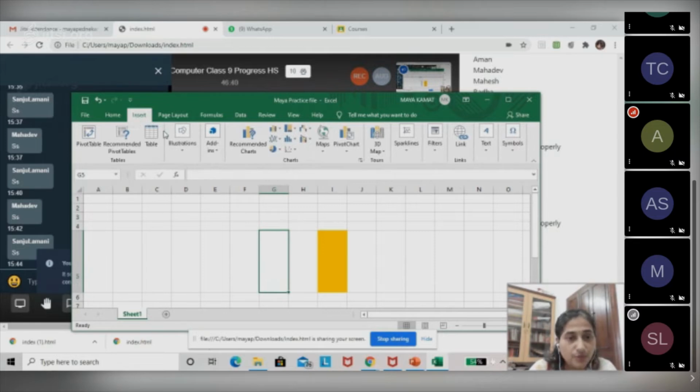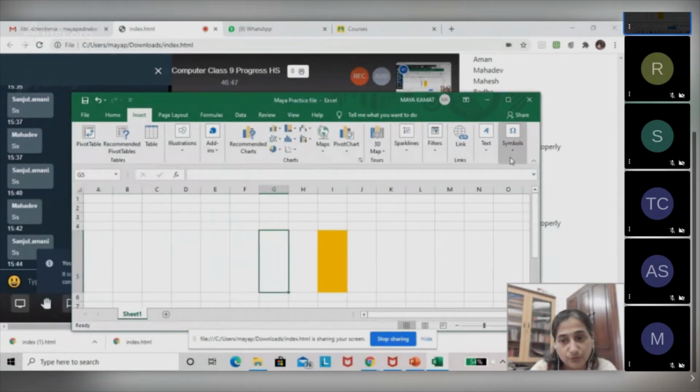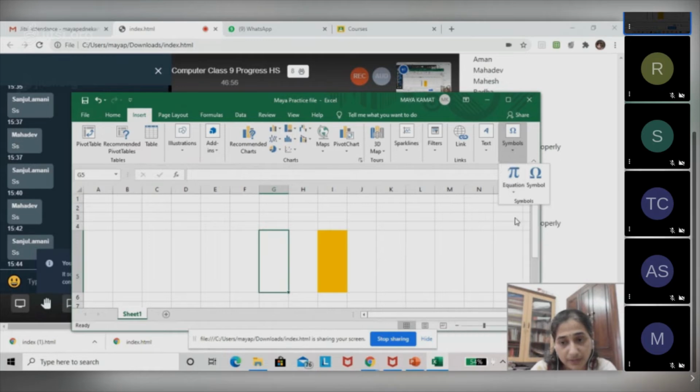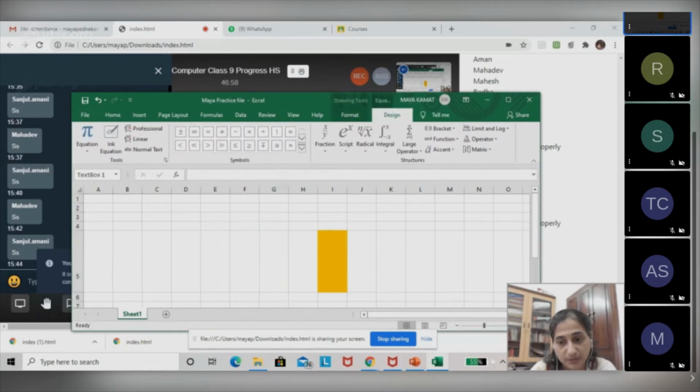Under the insert menu, you can insert a chart, you can insert a table. There are many more options that you could use. You could even insert a symbol, and mathematical functions could be directly taken, for example, a pi r square formula. This will help you in typing your question papers.